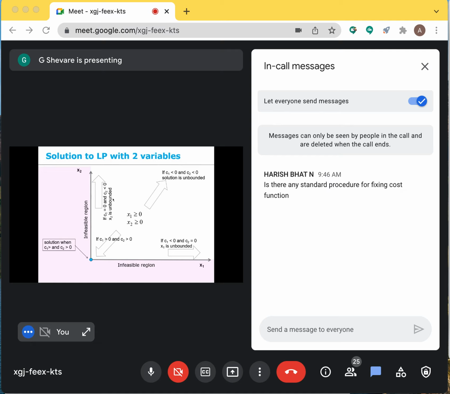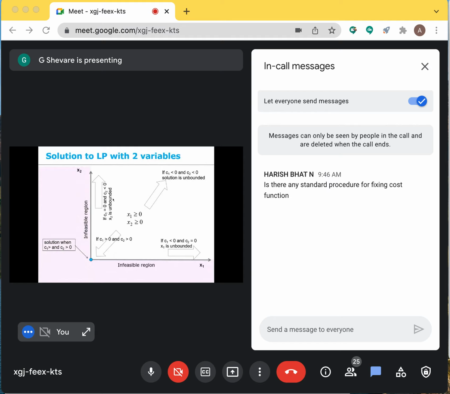Many times it is not easy to have a linear cost function, but then a non-linear function can be converted into a linear function and used as the objective function or the cost function. Many times it's called an objective function also. So many times a non-linear function is linearized, and linear programming is applied several times to arrive at the optimal solution. But that's a different thing altogether. What I'm trying to tell you is the cost function comes from the problem that you are attempting. It is not from making a non-standard LP problem into a standard LP problem.